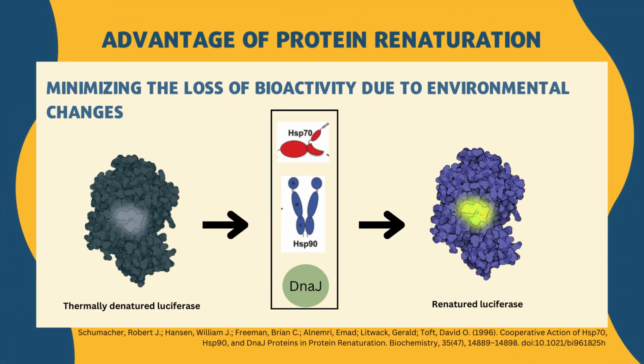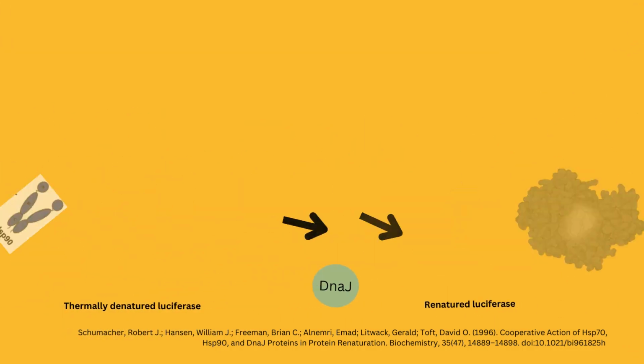Learning denaturation and renaturation of proteins, we might ask what are the physiological and biological advantages of protein renaturation? Renaturation decreases the consequences of environmental changes by minimizing the loss of bioactivity. Renaturation in biological systems is known to be conducted by chaperones and binding proteins. An example of renaturation in place is a study conducted by Schumacher et al., where chaperones renatured thermally denatured luciferase, thereby providing evidence of systems present on minimizing damage due to thermal changes.